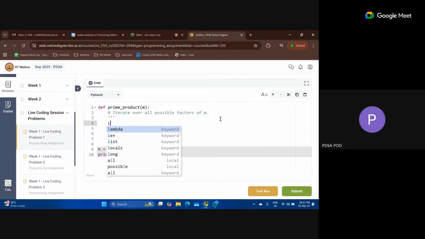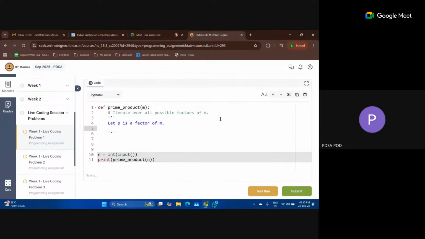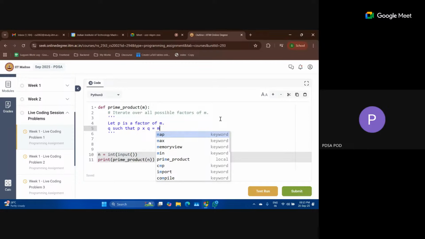Let's say p is a factor of m. So there is some value q such that p times q will be equal to m, then only we say that p is a factor of m, right?